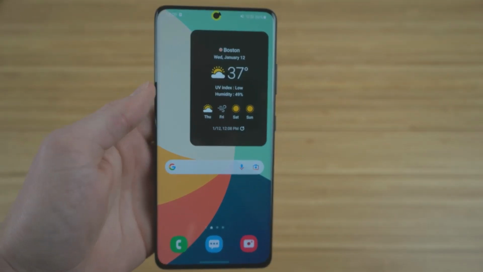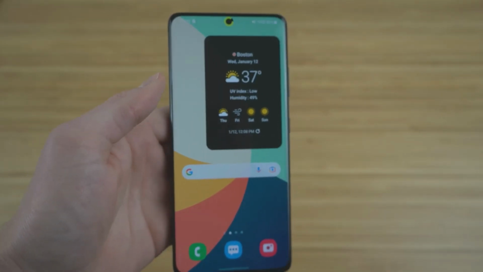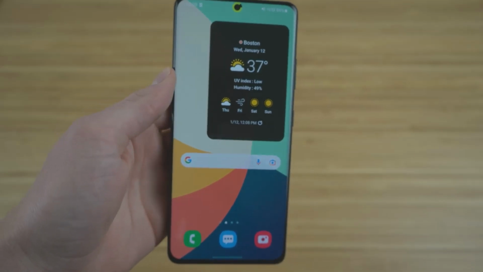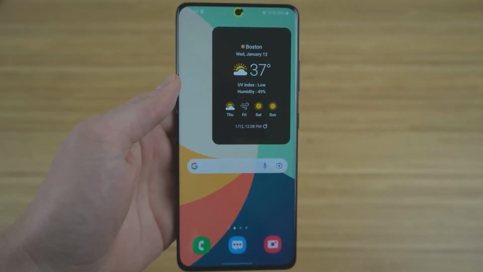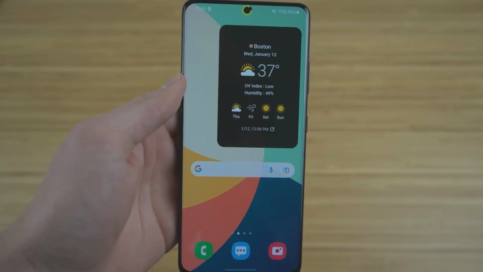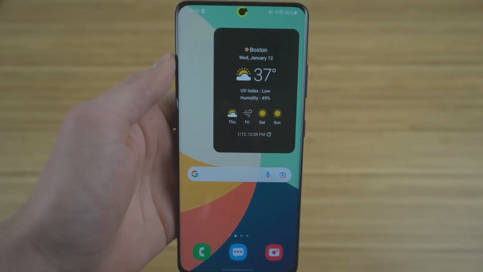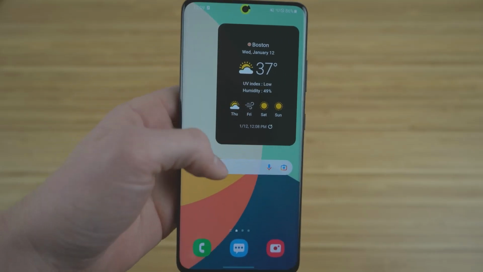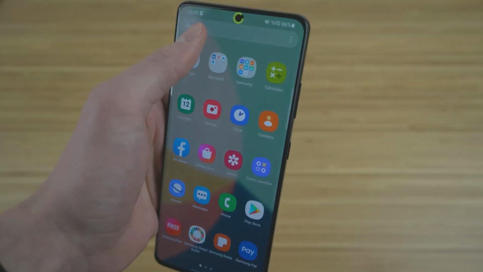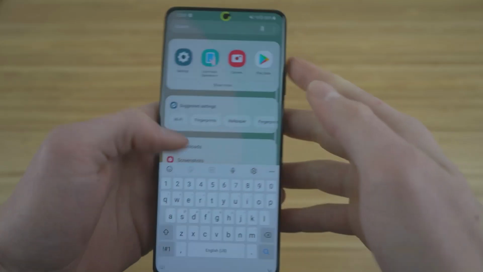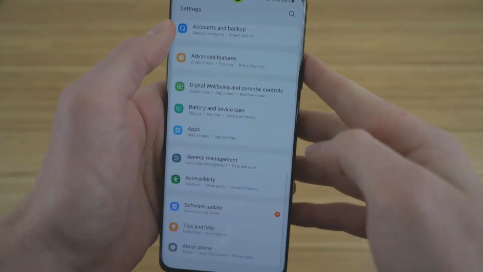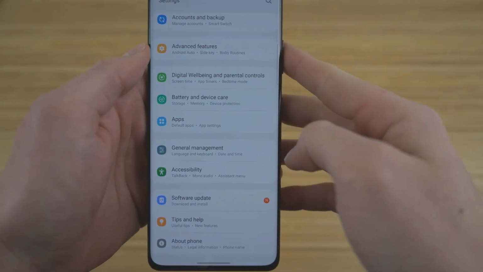Really cool hidden feature I want to show you guys is the option where you have live transcribe, where you have the option to convert speech into text directly from your Galaxy and simply by speaking into it. This is really good for people who have hearing disabilities, but regardless, I want to show you guys how to set it up. Basically what we're going to do is scroll down here and go to settings. I have it pulled up, and you're going to want to go all the way down to